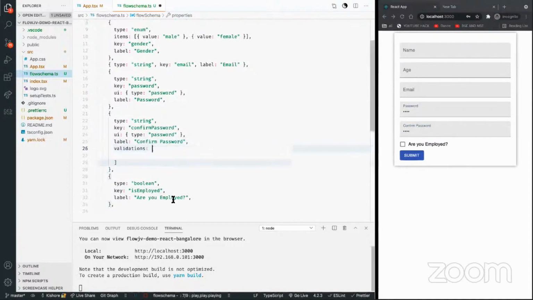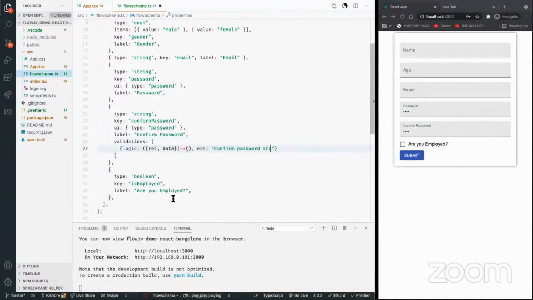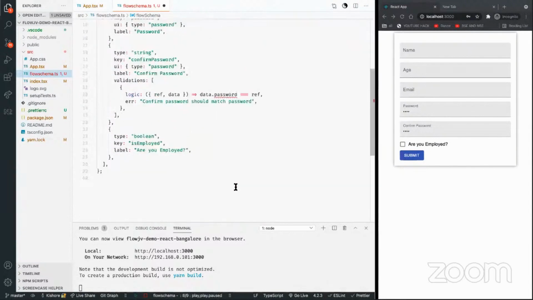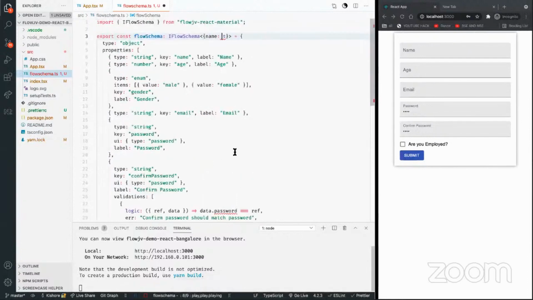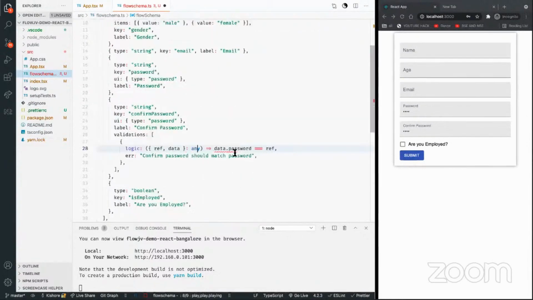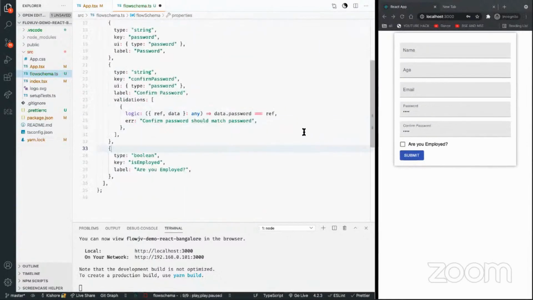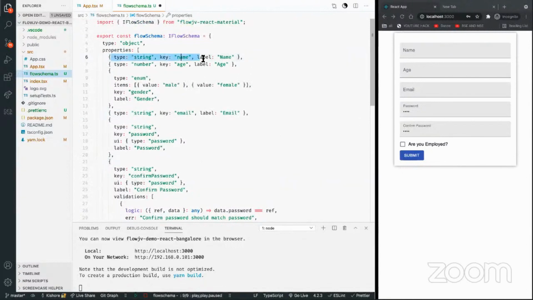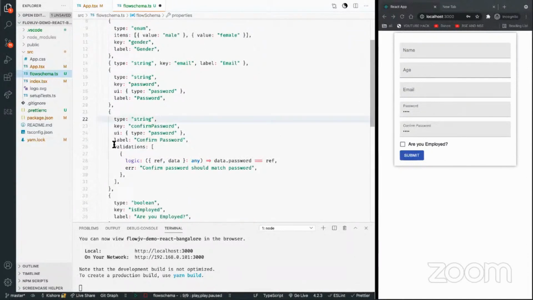And then I can define validations. Like let's suppose the validation for confirm password is that confirm password should match password. So for every data requirement we give, we are going to have something called validations field where we can list out a list of validations that we want to perform on that specific field.